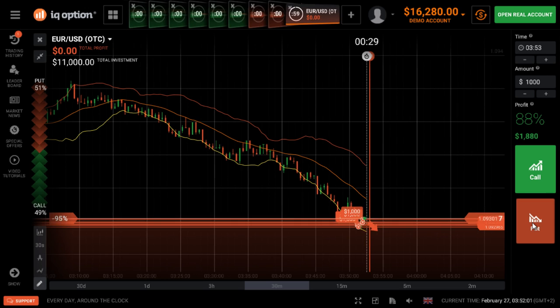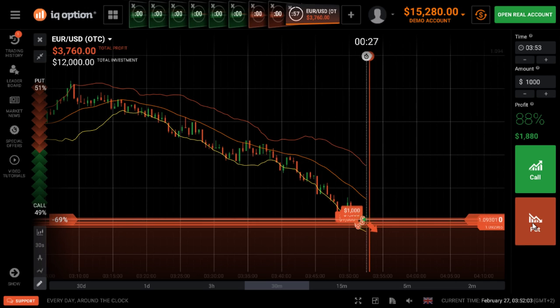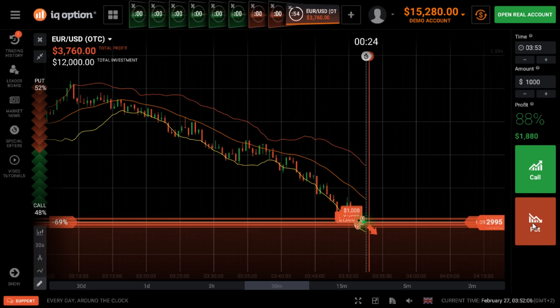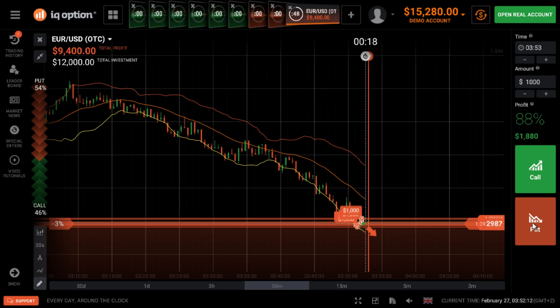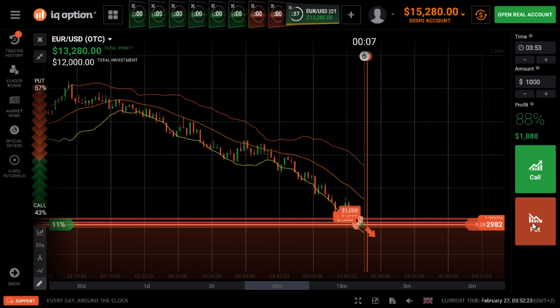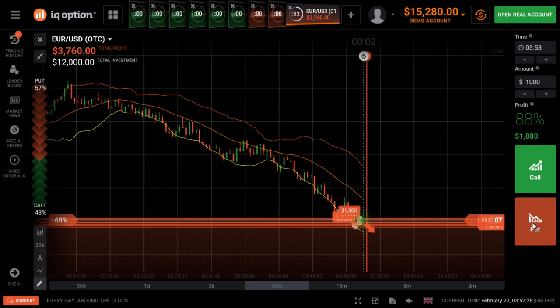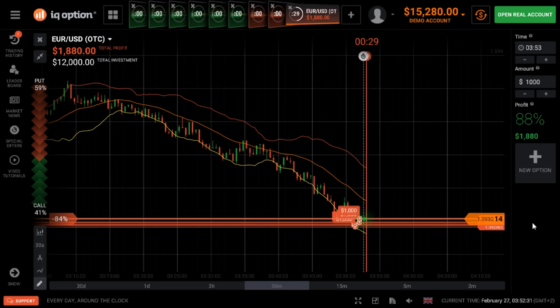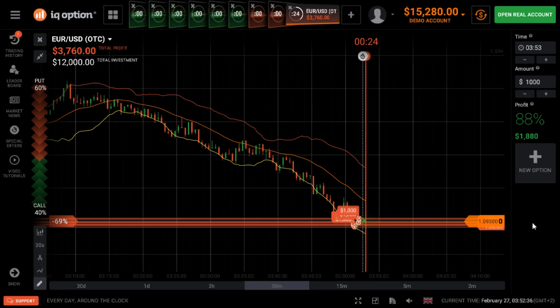So sometimes you have to be really patient, not trading on the wrong chart, because if the chart is wrong, no matter how you try, you cannot win, because some charts just flip at the very end of the 30 seconds home stretch, or some chart candle is going back and forth every 30 seconds and you have no idea where